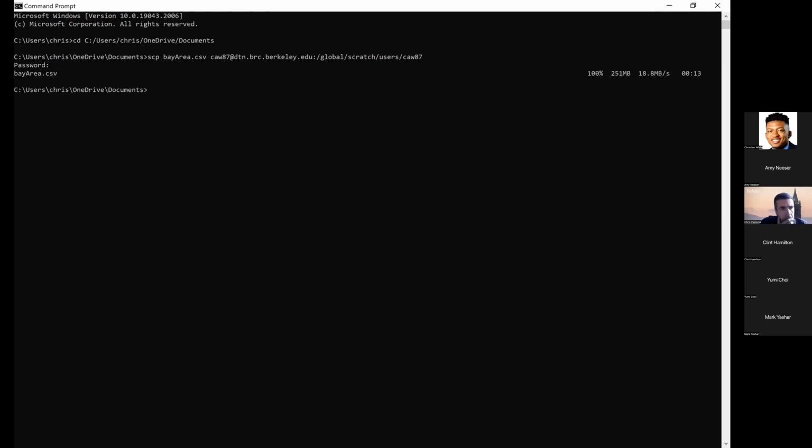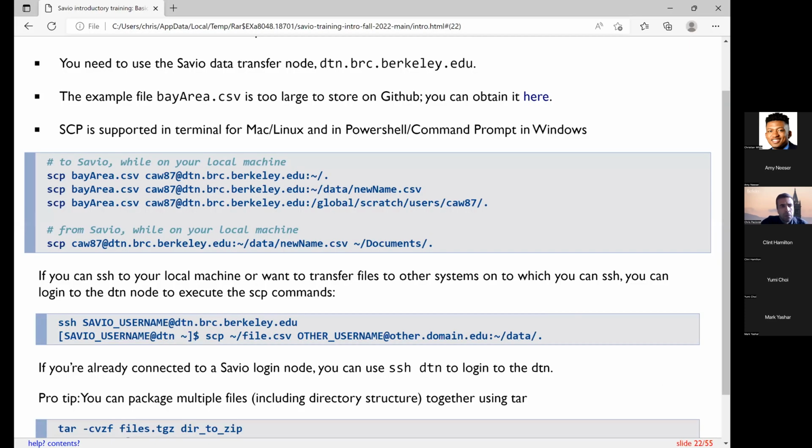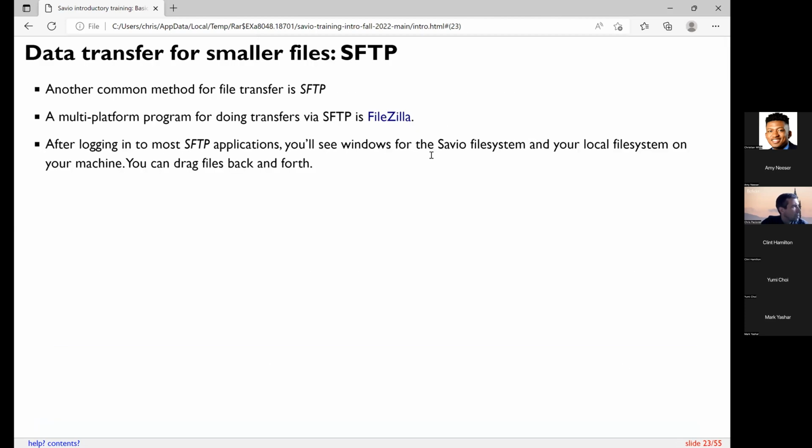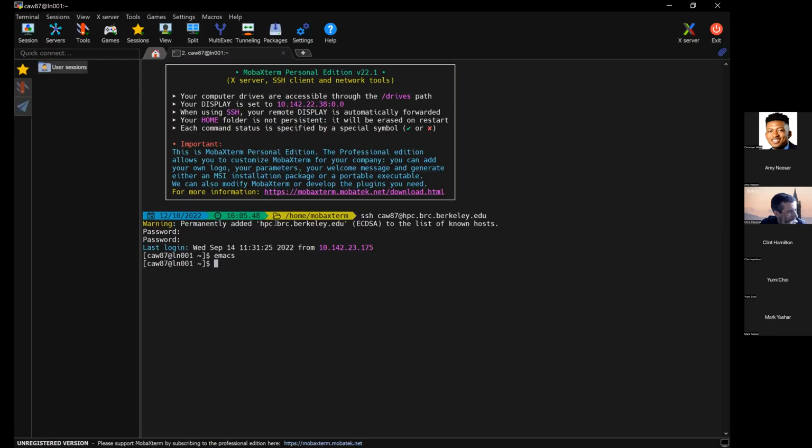So that's a really convenient option for transferring smaller files. Another option that you have is using SFTP. This is done through a multi-platform application like FileZilla. After logging into most SFTP applications, you can see your file systems. So I will transfer, we'll take another look back at the MobaXterm application, because this gives you access to the SFTP. And so going to go to